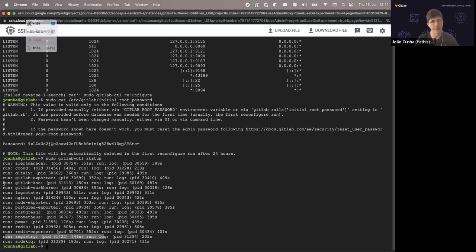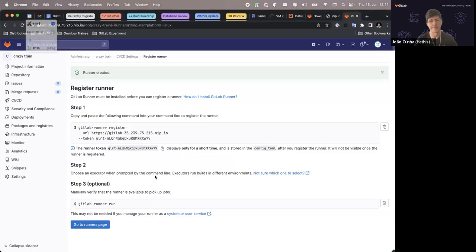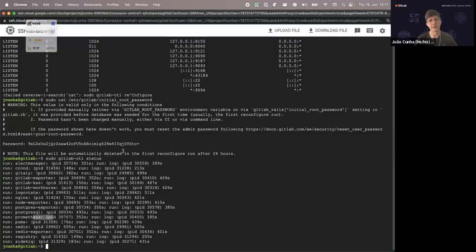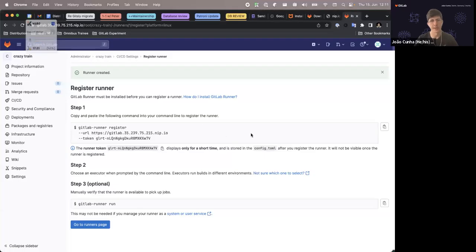But you have everything. You have KAS here, so if you want to test KAS, GitLab is obviously working. Prometheus, Postgres, it's all there that you should need, infrastructure-wise, I think. But yeah, you would need to install a runner, I guess. So you don't have a runner. So probably if you want to run CI pipelines, then, but it's all kind of